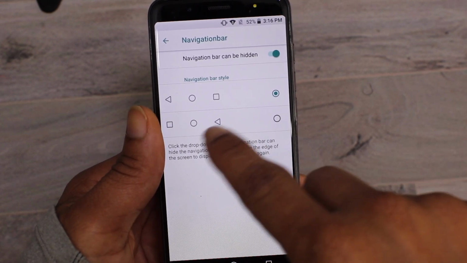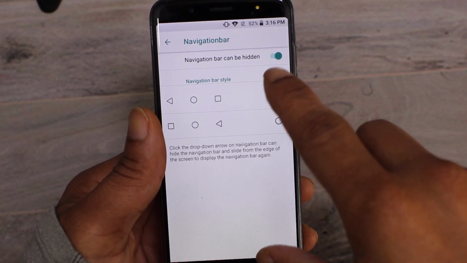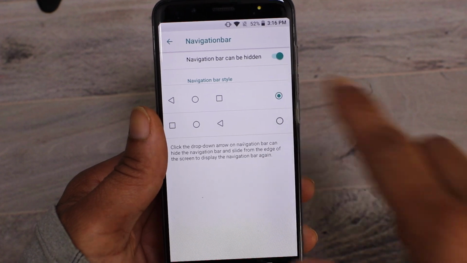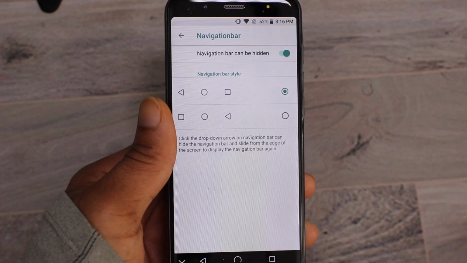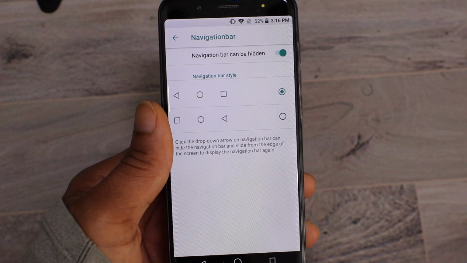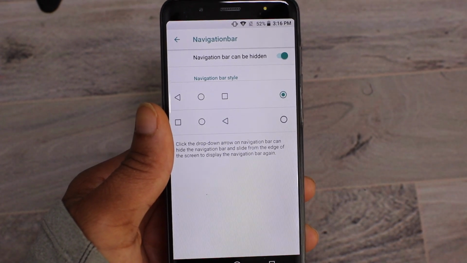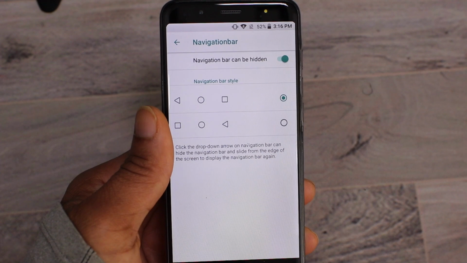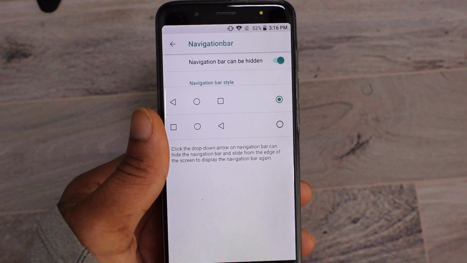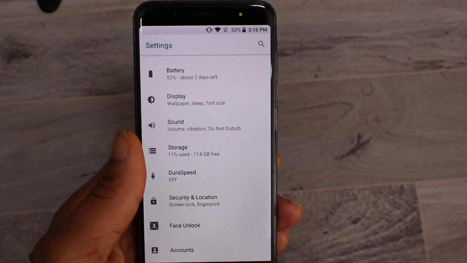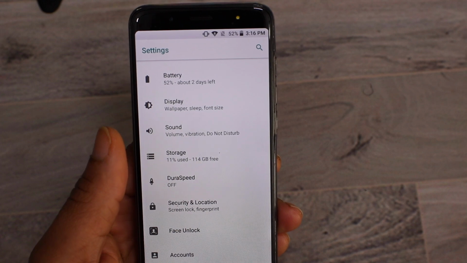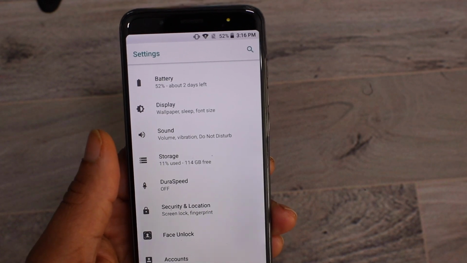You can change the order they come in, or you can set it up where you can hide the bar. That's if you want to watch YouTube or you don't want that bar there or anything of that nature, and you can use more of the screen to view whatever you decided to view. Another cool tip that I did was when I first set up the phone,